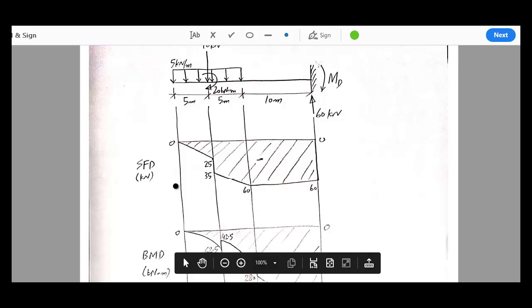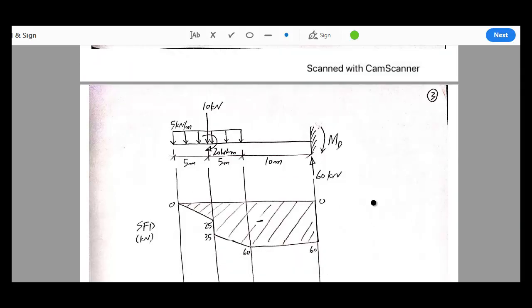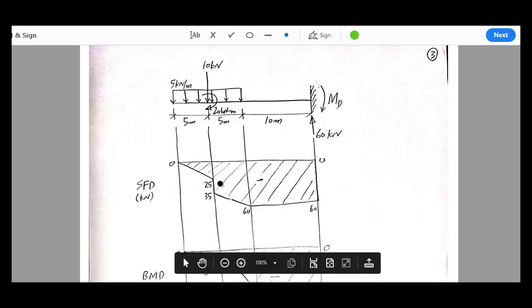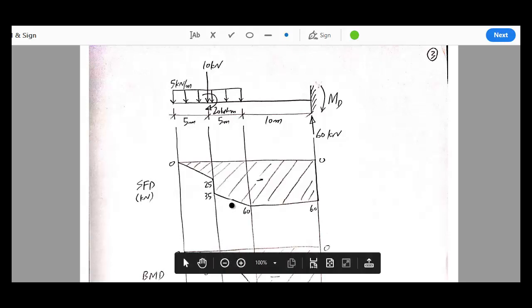So plotting of shear force and bending moment diagrams is merely plotting of the values that we have already calculated. At point A, the shear is equal to 0. At point B, shear value VB is 25, the next value of VB is 35,